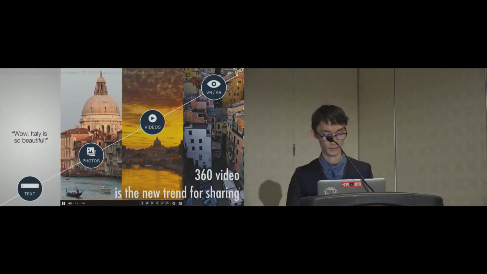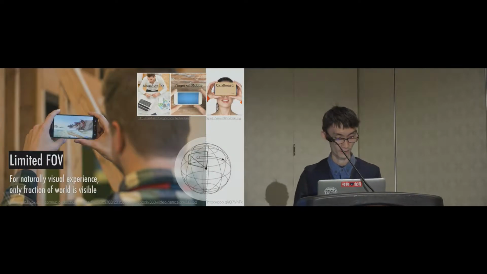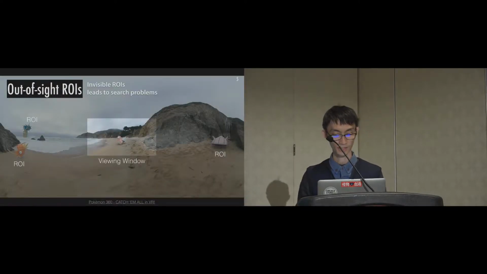360 videos are the new trend for sharing. They provide an omnidirectional record that really captures all the surroundings in that moment. However, in viewing this wide content, we can still watch it only with a limited field of view in order to get a natural projection. This limitation leads to search problems and can be severe when the number of regions of interest